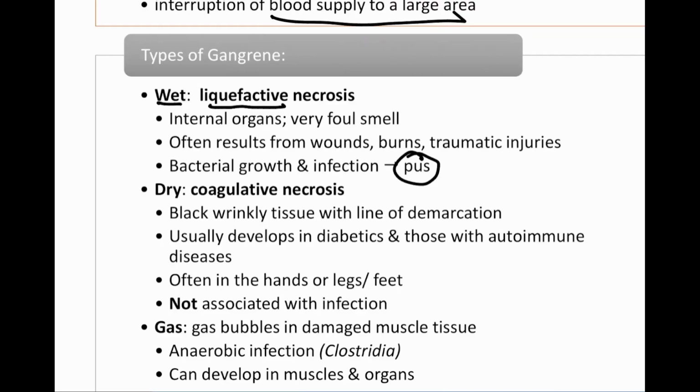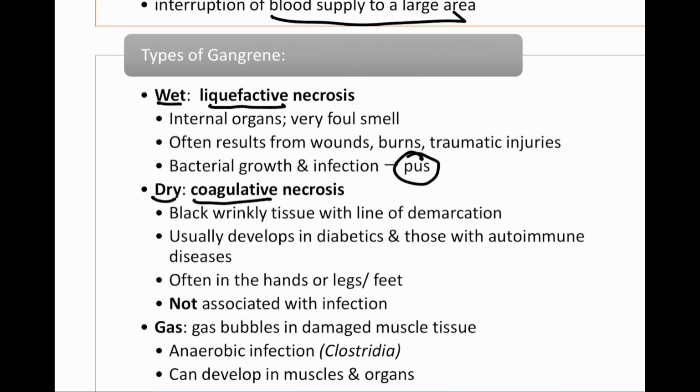So there's the wet gangrene, and there's also dry gangrene, and this is a coagulative necrosis. So when we talk about coagulation, what are we going to be talking about? What happened to this person? So we're talking about a coagulative necrosis. Clots, blood clots. So remember with gangrene, it's lack of blood supply to a big area. So if you have a clot in an artery, no blood is going to get past that. So therefore, no blood to an area causes ischemia, large area, and they're going to get the necrosis.